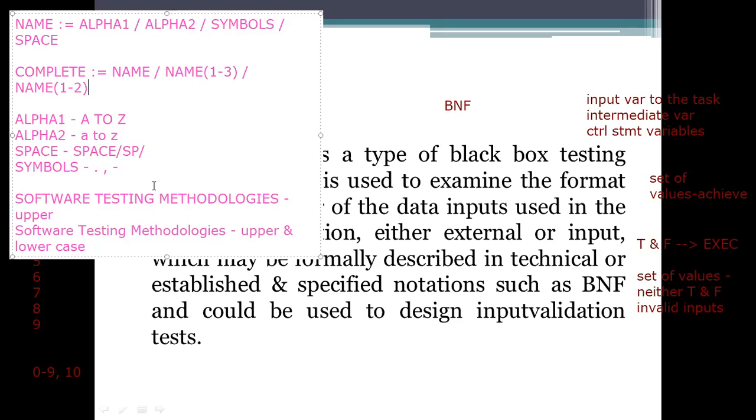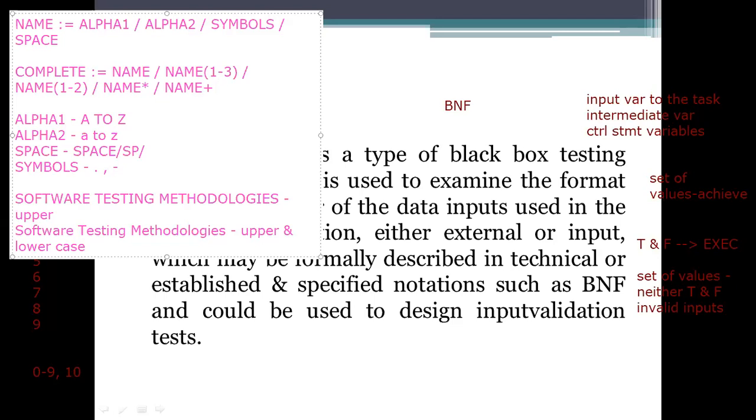By that only, I am getting the answer here. See here, software testing methodology. Software testing methodology means, so how am I going to write? So here, I can't specify that it consists of only 3 names or 4 names there. Simply write it as a name which is infinite times. So infinite times means we can specify it as a star, or simply we can write it as name or plus. These 2 terms we are using won't be read by the grammar easily.